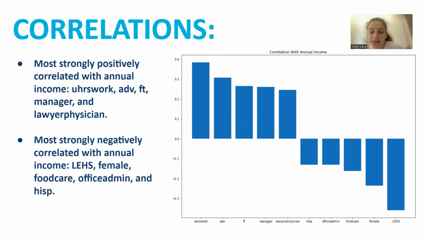Next, we wanted to look into correlations, and we found that the number of hours worked per week and whether or not someone has an advanced degree has the strongest correlation with income, and whether or not someone has less than or equal to a high school education and whether or not they're female, that's the most negatively correlated with